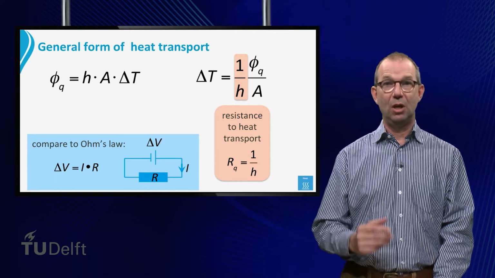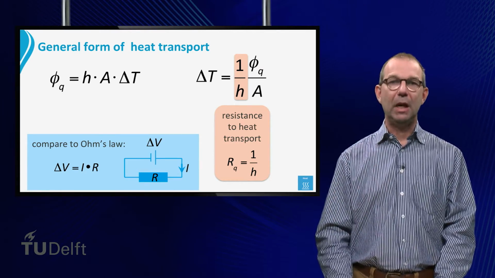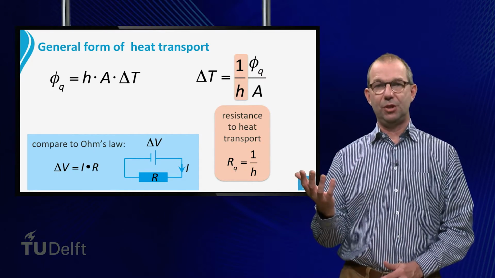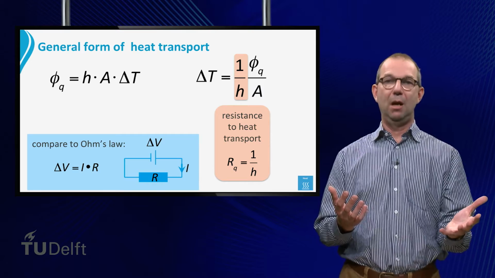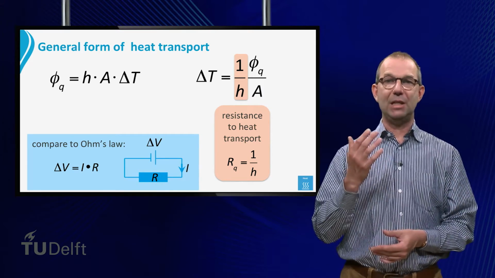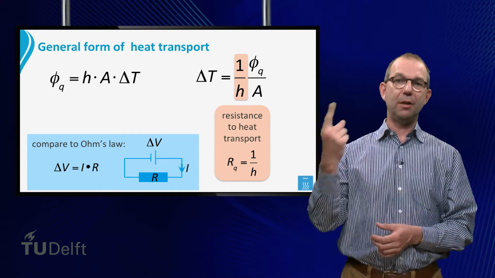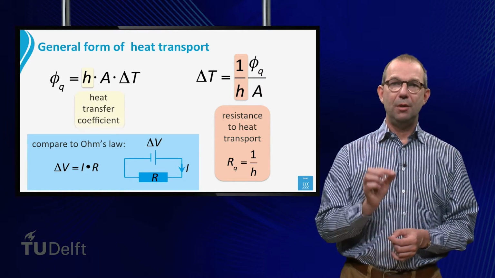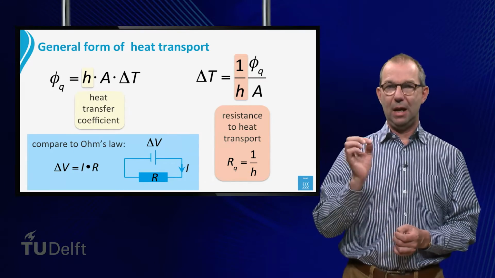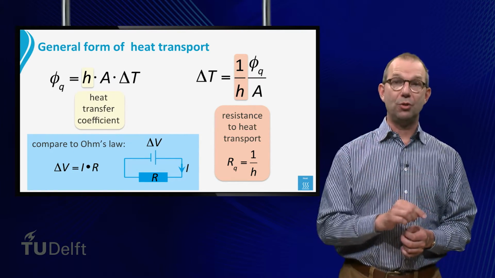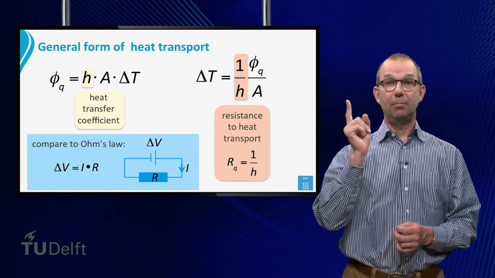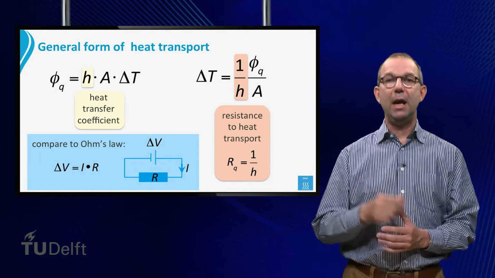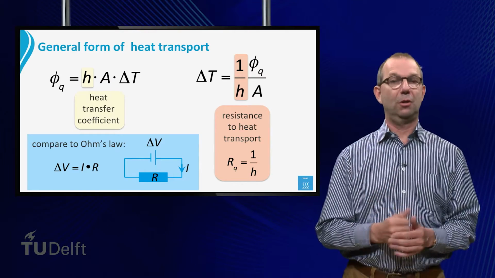Now of course, resistance to heat. This turns out to be a very handy concept. Temperature differences give rise to heat flows. How large the heat flow is depends on the heat resistance. The higher the resistance, the smaller the heat flow. Note that for the heat transfer coefficient h, the reverse holds. The larger h, the larger the heat flow. That is no surprise. After all, h is a transfer coefficient, not a resistance.